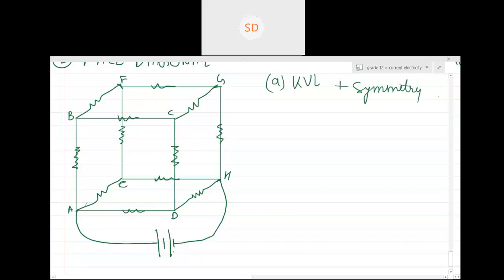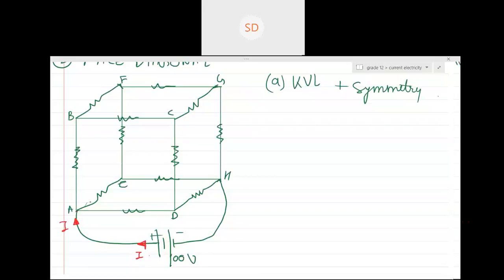Okay. So now let us say I've connected it across a 100-volt battery, and due to which a current I goes. When this current I reaches point A, now how many paths do you have? Do you want to go from point A to point G, or from point A to point H? To H. So can you see over here the paths? I can see 3 different paths, out of which 2 are same. Which 2 are same? AE and AD.